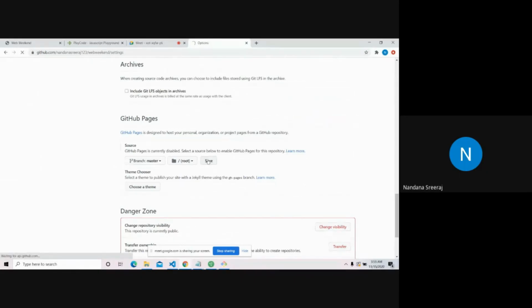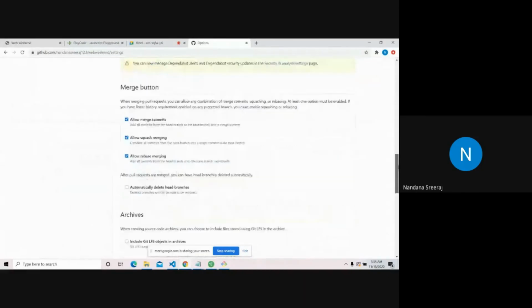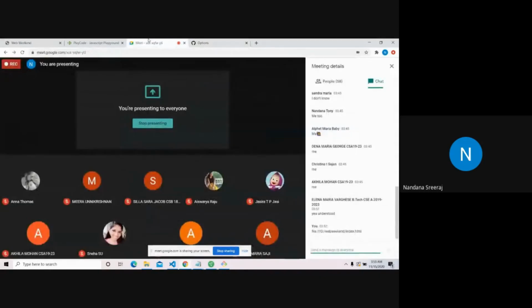And let's wait a few minutes. It'll take a few minutes to get published. Till then, if you have any doubt related to HTML, CSS, and JavaScript, we are approaching conclusion, so ask now.